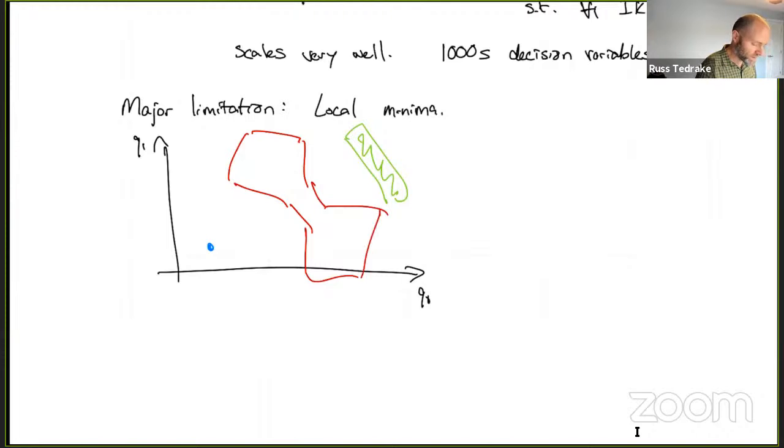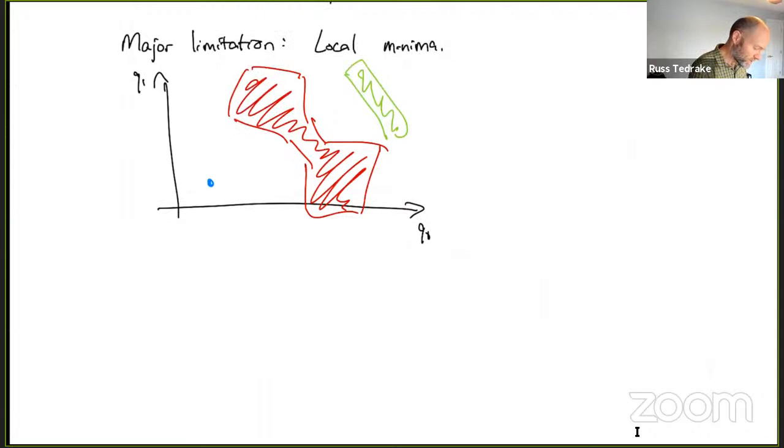I think they're not normally this bad, but actually I'll show you some that are pretty bad. Then you might find that if your initial guess is a bunch of trajectories like this,